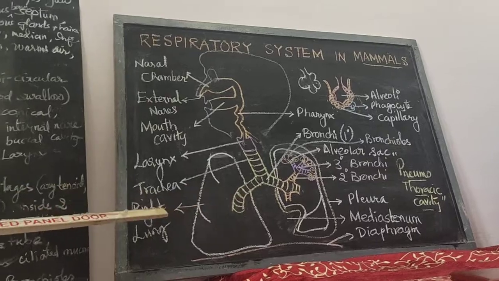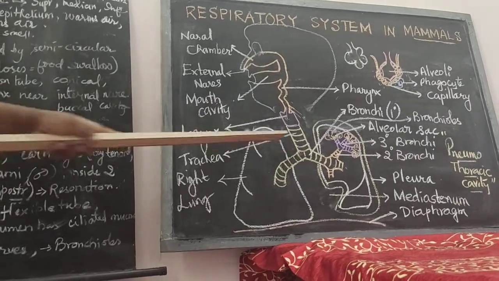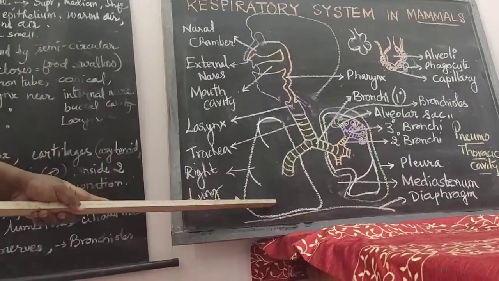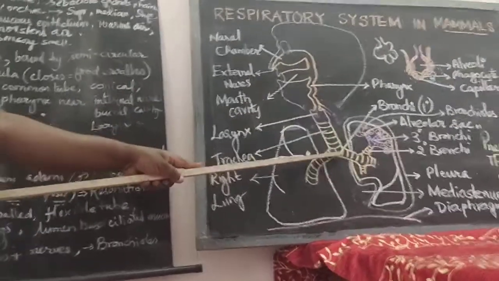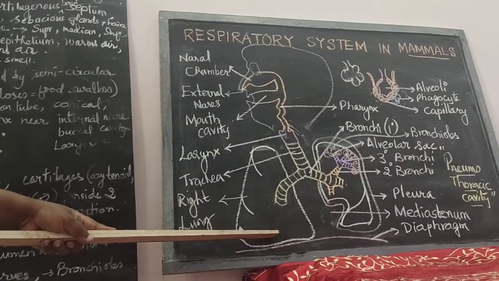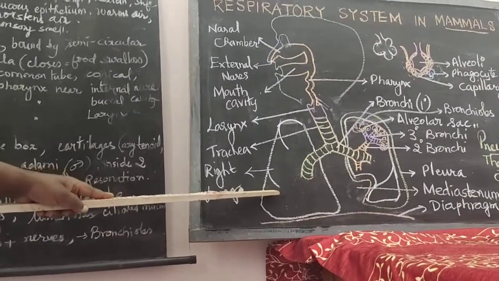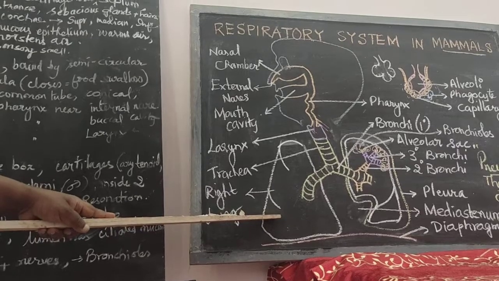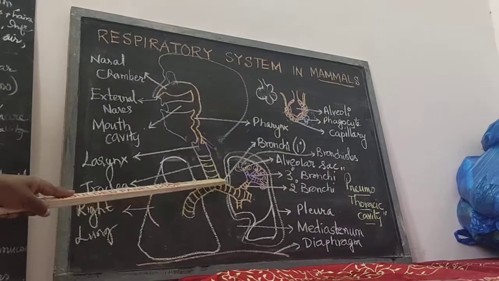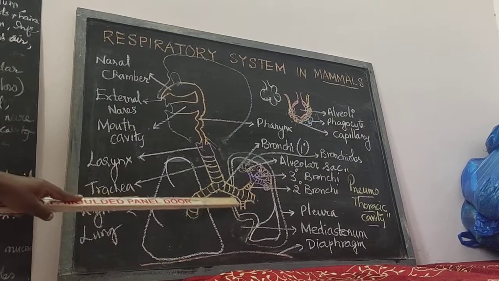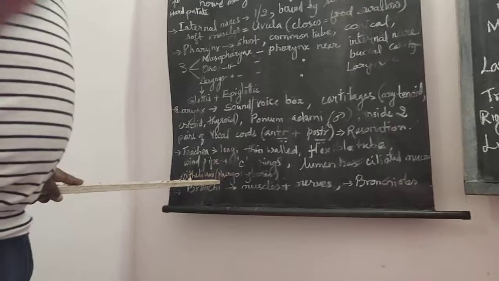The primary bronchus of the right lung, when we look at it, is very large in size and shows a direct vertical entry. Thereby, if any infection gets into the windpipe, it directly gets into the right lung because the bronchus is wider and directly vertical in position, communicating with the right lung. So the right lung is very commonly prone to infections. Whereas the left one is narrow and shows a horizontal entry into the lung structure. So this is about the importance of the primary bronchi.